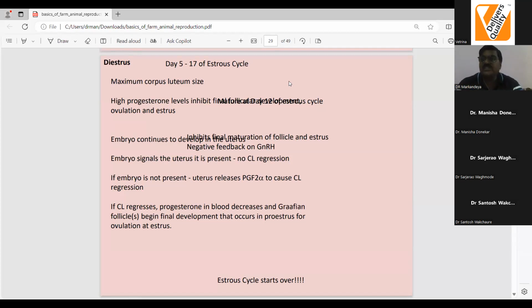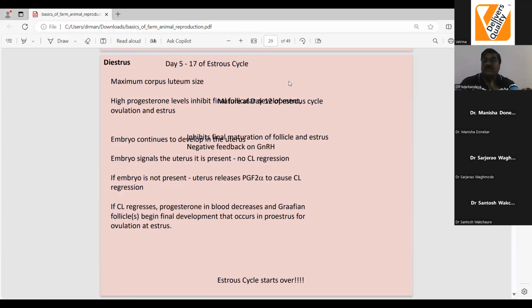Therefore, please remember, palpation is the most important one, and every professional graduate is expected to palpate the CL as developing, developed, or regressing. Same thing for follicles, developing or mature Graafian follicle. We have to identify these 5 things. Then clinically, nothing else is required to treat infertility cases. If we follow the cycle of one particular animal for 21 days, our ideas will be crystal clear.